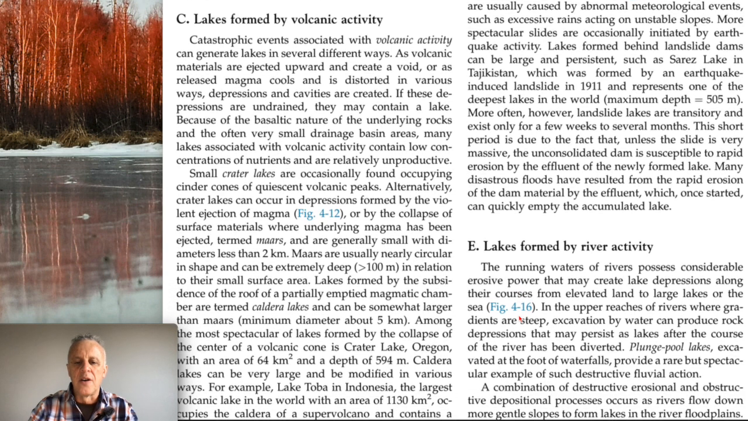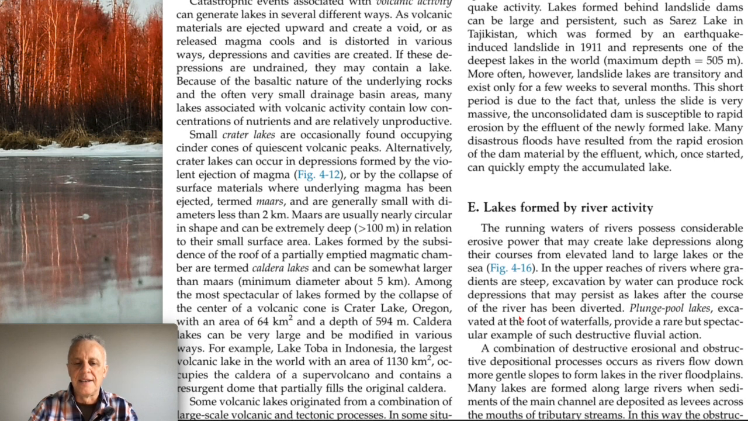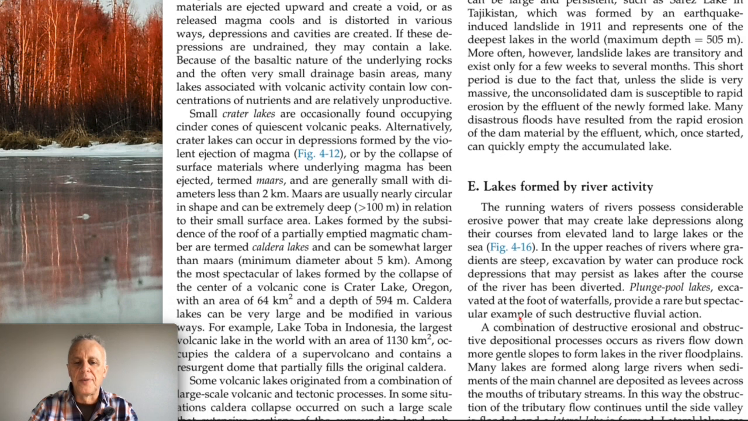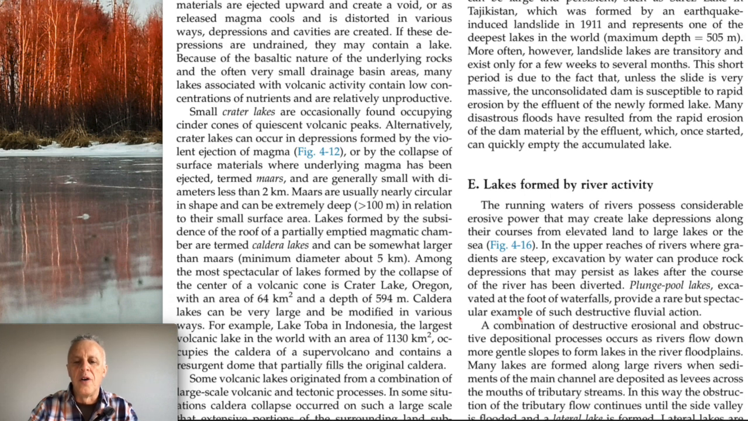Small crater lakes are occasionally found occupying cinder cones of quiescent volcanic peaks. Alternatively, crater lakes can occur in depressions formed by the violent ejection of magma or by the collapse of surface material where underlying magma has been ejected, termed maars, and are generally small with diameters less than 2 kilometers. Maars are usually near circular in shape and can be extremely deep, greater than 100 meters, in relation to their